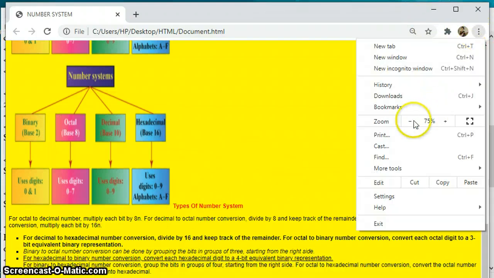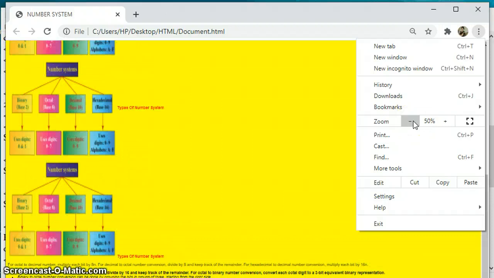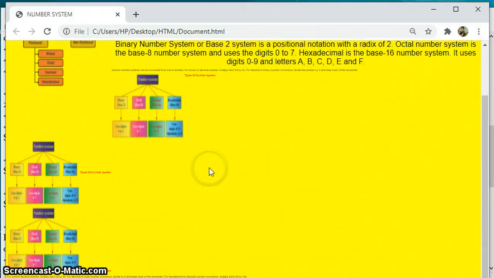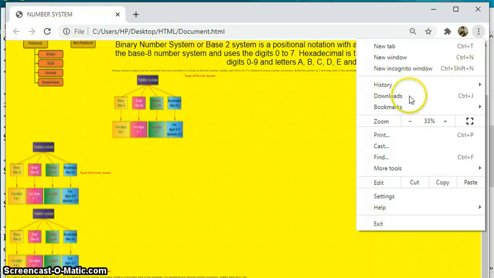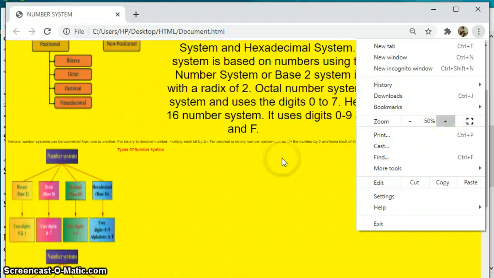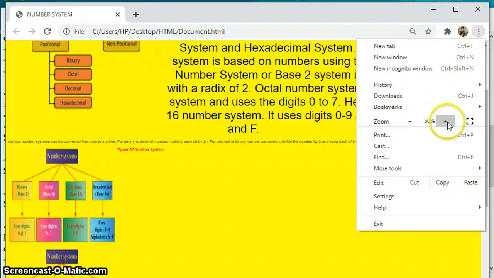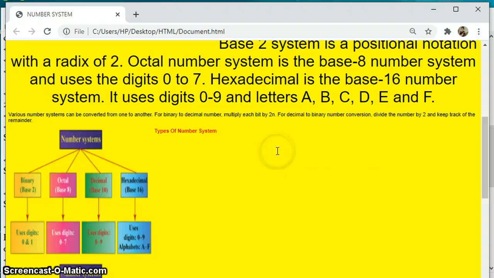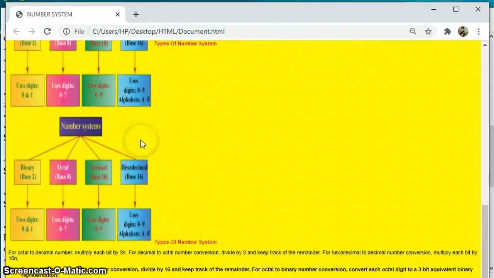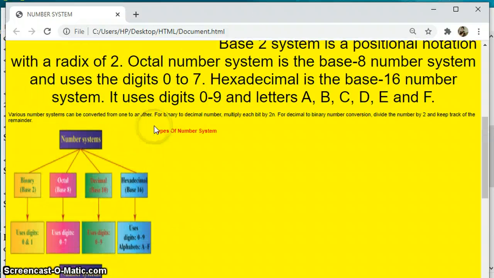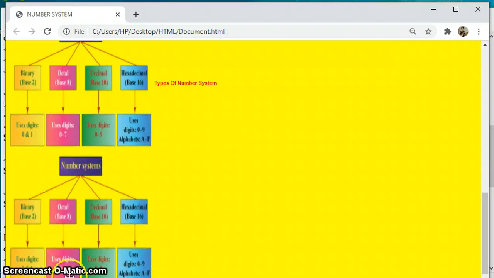I am reducing the size so that you can observe it simultaneously. The screen is not able to, I have to increase a little. So these are the three different types: the top alignment, the middle alignment, and the bottom alignment.